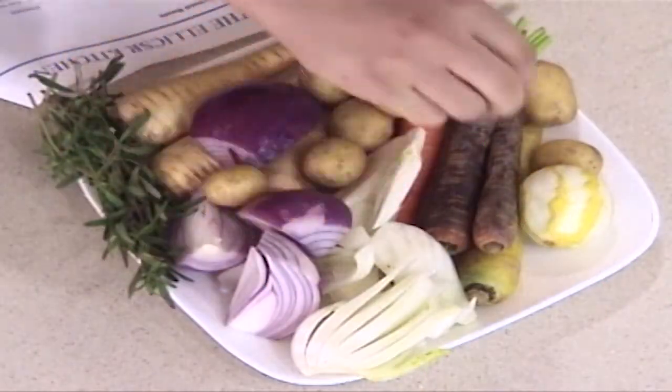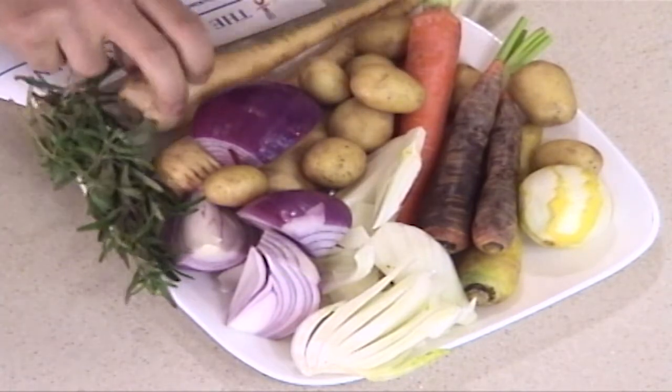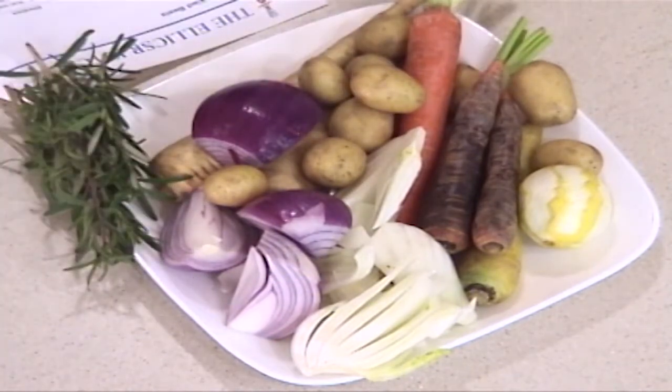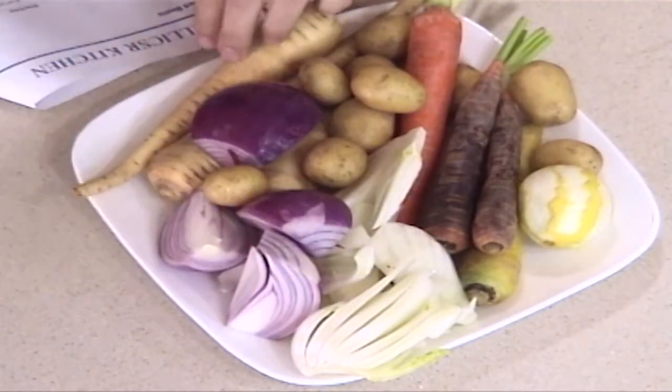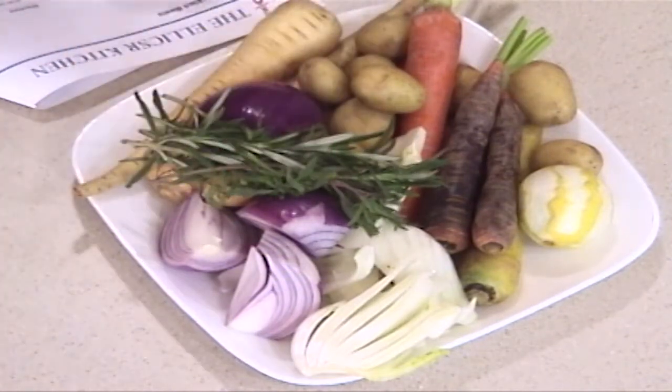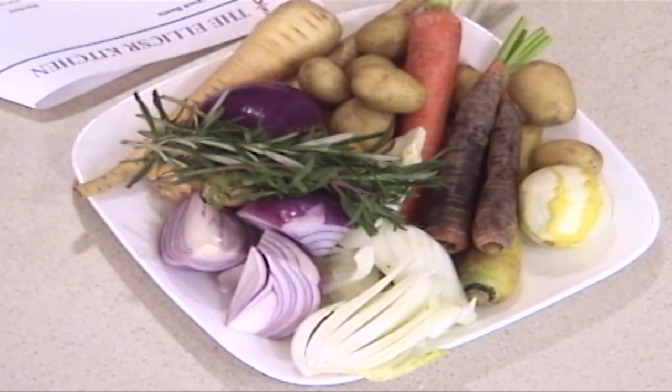I've got a really nice selection. I've got some carrots here, some small potatoes, some parsnips. You can use turnips as well. Just some pieces of onion, some fennel, and I've got a little bit of rosemary and savory. You can use thyme, whatever herbs you want. And it's incredibly simple. What you want to